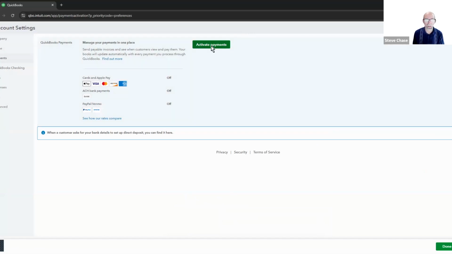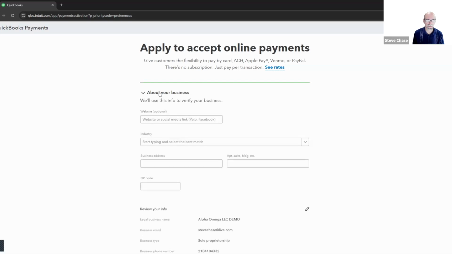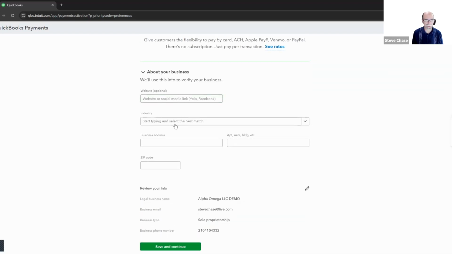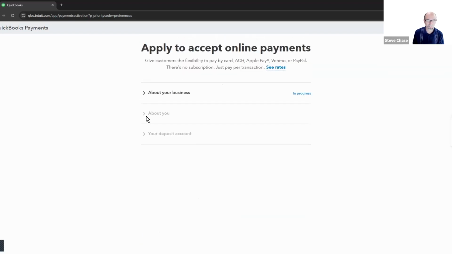And to do that, this is going to allow you to enter in your information on your website and so forth. Fill out basically a little bit about your business, a little bit about yourself, and that would be your last 4 digits of your social security number. It is a contract that you would be signing that has the ability to process your payments online and deposit those into your bank account that you linked there. So